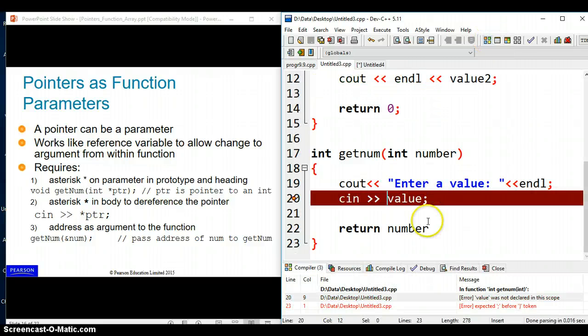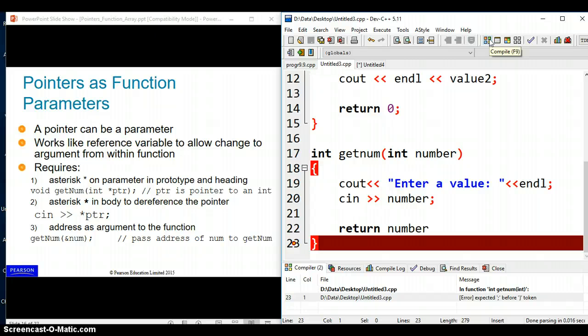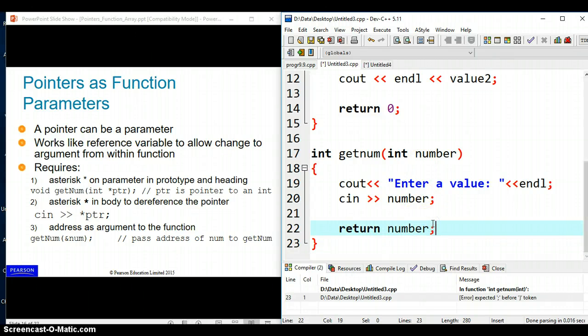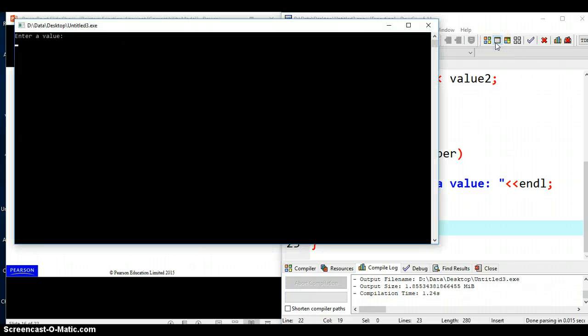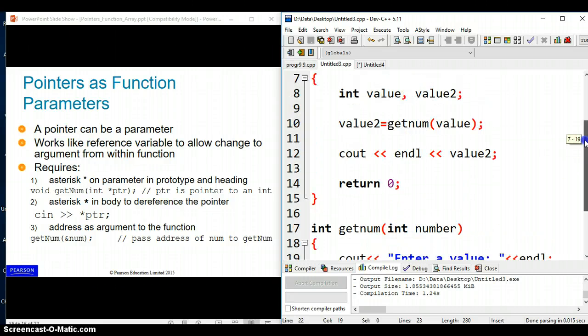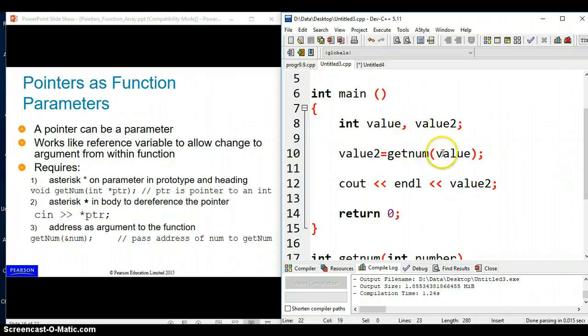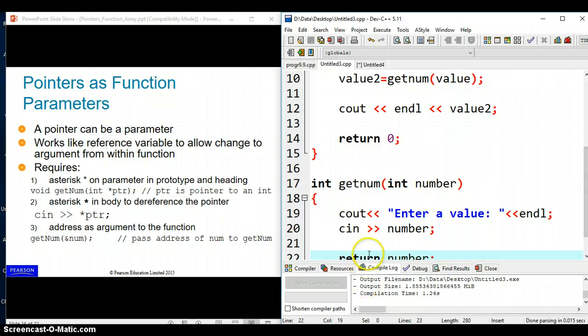Compile. Oops, int number. I forgot to change this. The number, semicolon. Right, now it should be working. So enter value 6, and it goes through the function and prints out in main. This is passed by value. You pass the value into the function get number, and once it does the operation, it returns a value